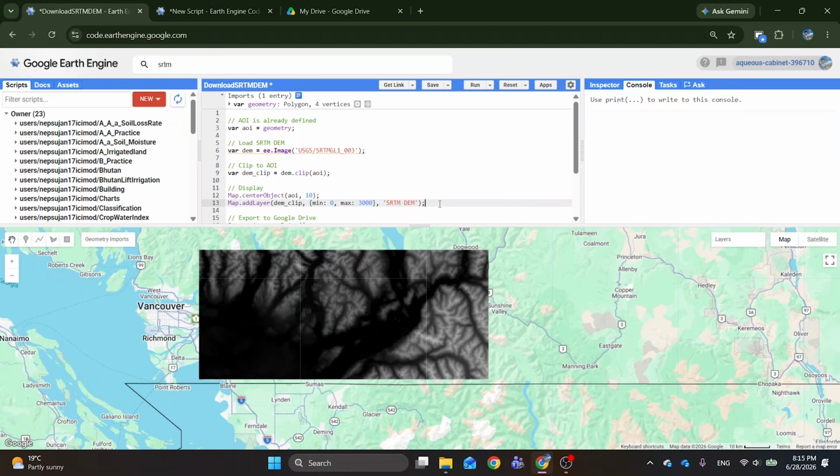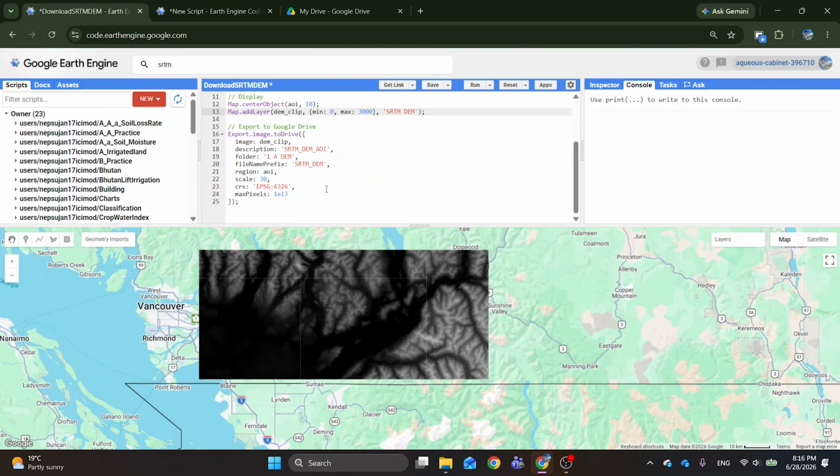You can do that by some reduced region. Okay, for now I'm just using 0 to 3000, and this is the naming. So whatever you write here, you will see over here. So this is SRTM DEM, as labeled, defined to display the map. So once it is done, then I want to export this digital elevation model to my